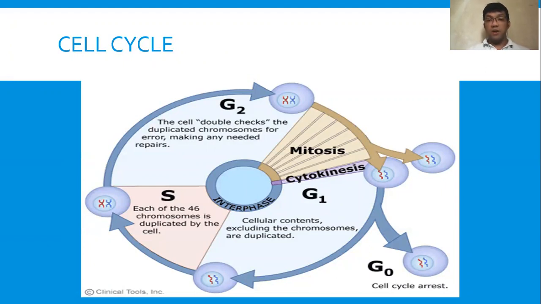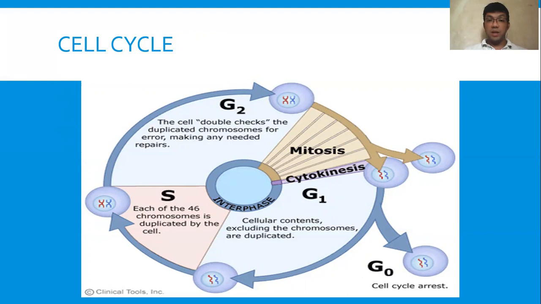So we have the G1 phase, wherein the cellular contents, excluding the chromosomes, are duplicated. So all of the cellular organelles, if you can recall all of those organelles before,